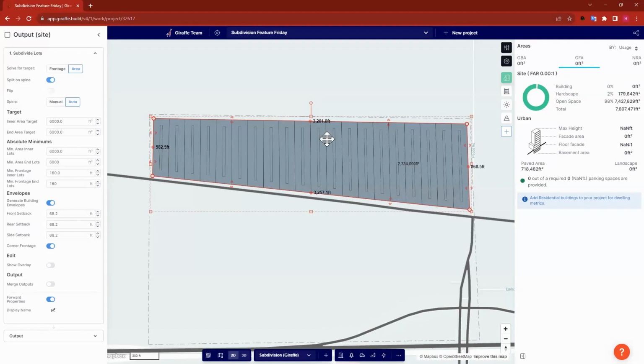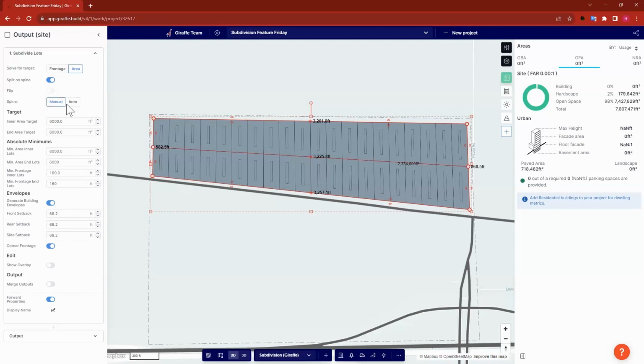So you can always choose whether you want, depending on the shape or the size of the parcel that you're dividing. Sometimes you want it to split down the middle and sometimes you don't. When you do split it down the middle, you also have the option of having it just automatically divide, which means it'll just go straight down the center, even. Or you can set up a manual